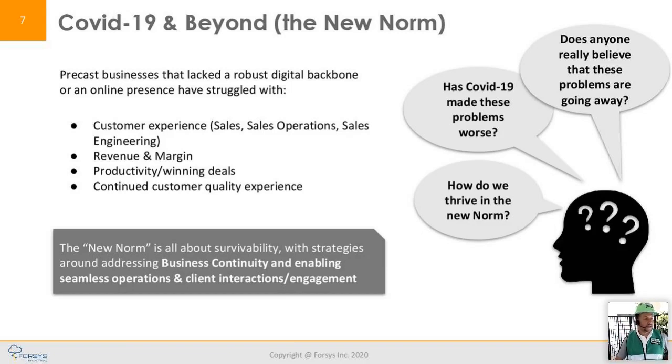All right, let me get started. So looking at the presentation, it's important to ask the question. I think you all are here because you understand the challenges that we all face. I mean, we all have experienced the problems with COVID. But if you look at the problems that are in front of us, does anybody really believe these problems are going away?